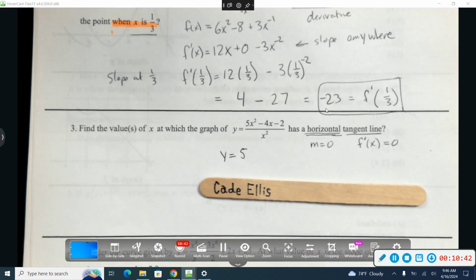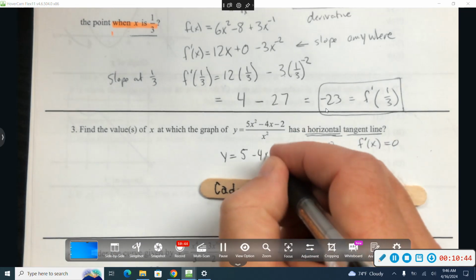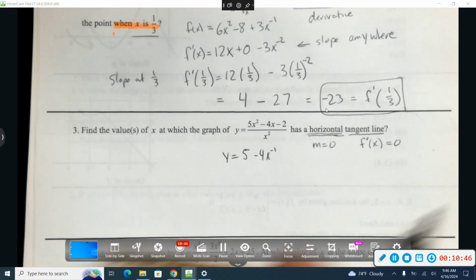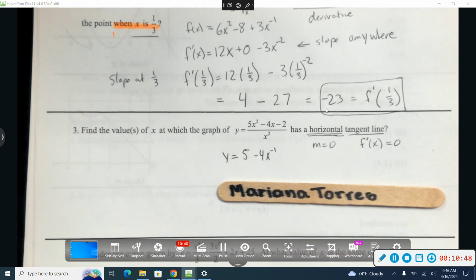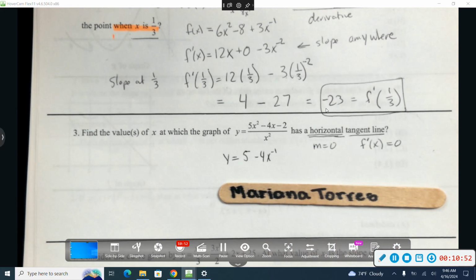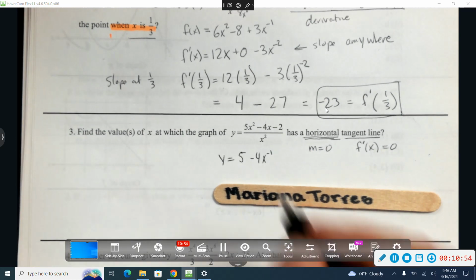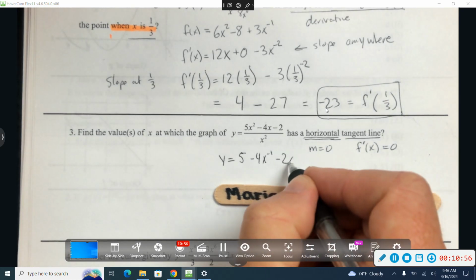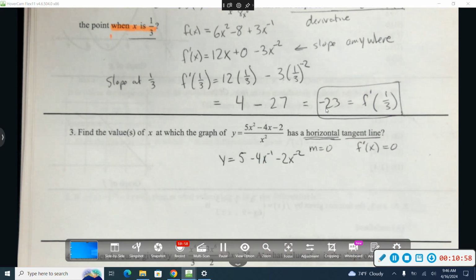Negative 4x. Since we're going term by term here. Mariana, how about the last term? Dividing, not derivative yet. -2 to the x to the -2. Good. Again, that's only algebra, that's not derivative, but that gets me to where I can now use the power rule,